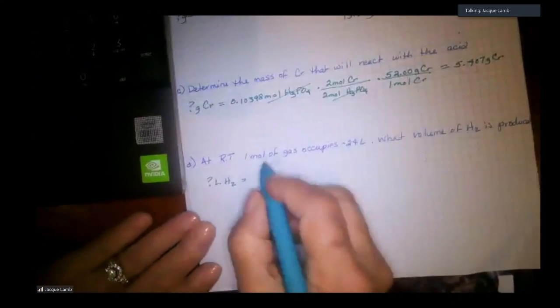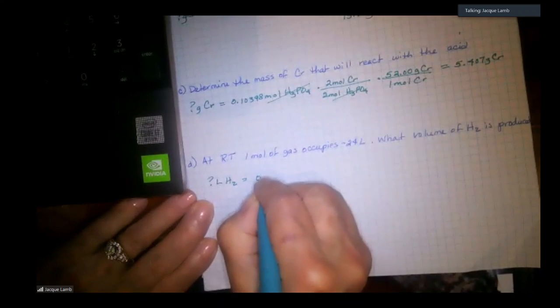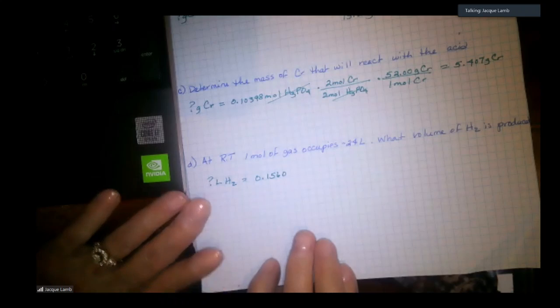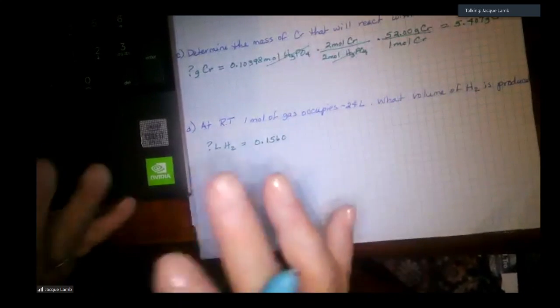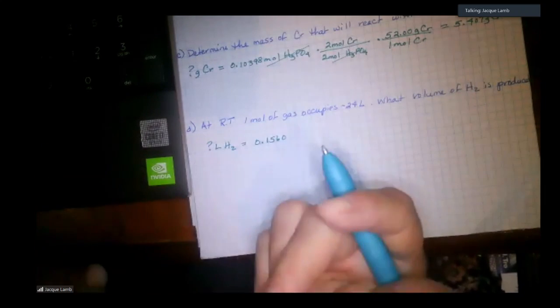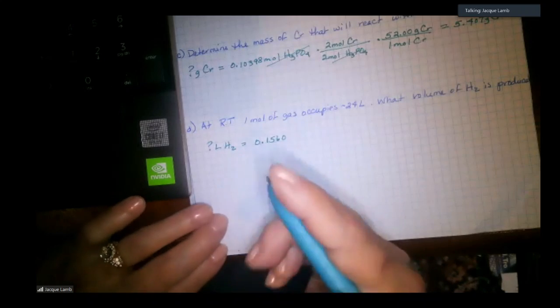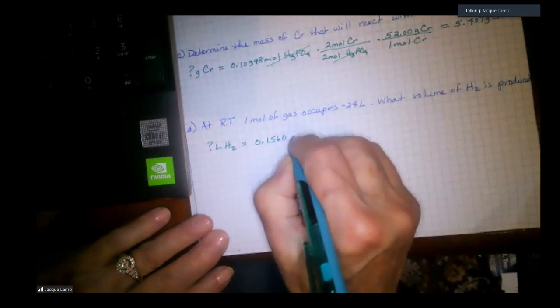It really isn't going to matter if you choose to use that, or you choose to use 0.1560, which was the one to the correct number of significant digits. Your answer will be different by maybe 1 or 2 in the final decimal place. It's really not going to matter, but it's